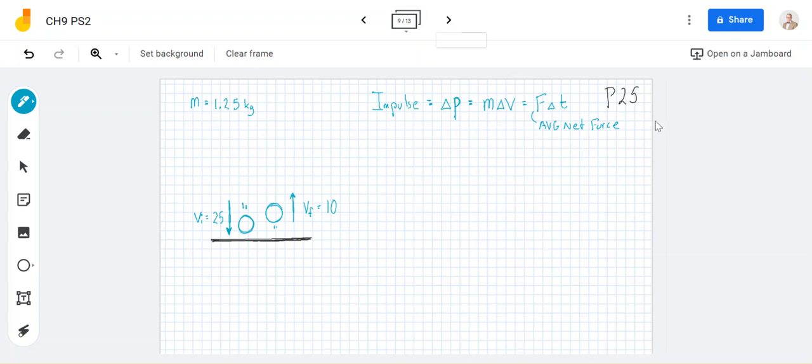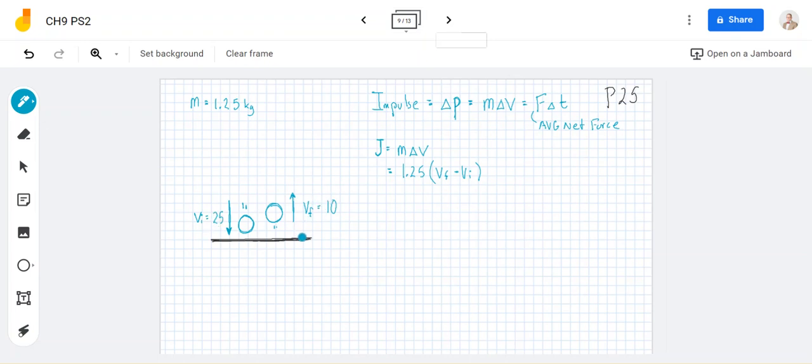So here's our understanding. This one, we're not given any forces, so we're just going to use m delta v to get the impulse. Now, to confuse you, they use a capital J for impulse. Mass is 1.25. Now, here's the tricky part. To do the change in velocity, you're going to do final velocity minus initial velocity. You're going to be tempted to do 10 minus 25, final minus initial, but it doesn't say initial speed, it